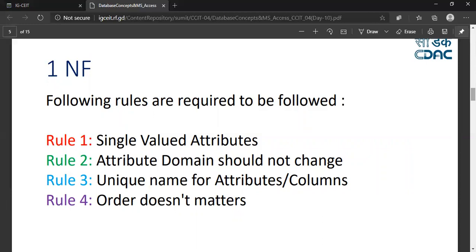Each column or each field in the table must hold a single value. You should not enter multiple values in a single column separated by commas. So you enter only a single value against each record.